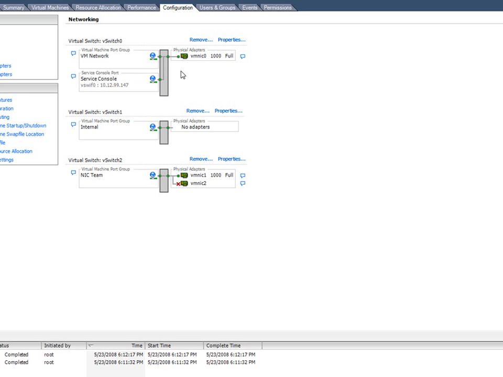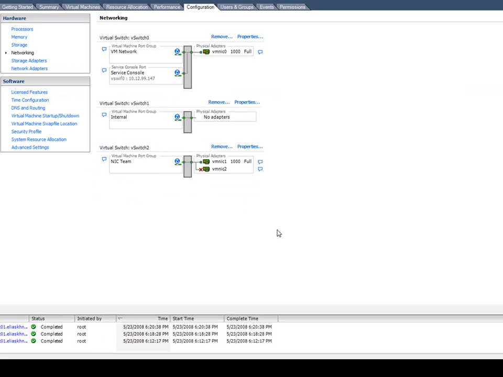If the service console goes down, you're going to have a hard time communicating with ESX. So let's talk a little bit about service console redundancy. Now I'm sure you would agree with me that the service console is a very important part of ESX. Without that, communicating with ESX server becomes next to impossible. So I would strongly recommend that you take steps towards making sure that the service console stays up at all